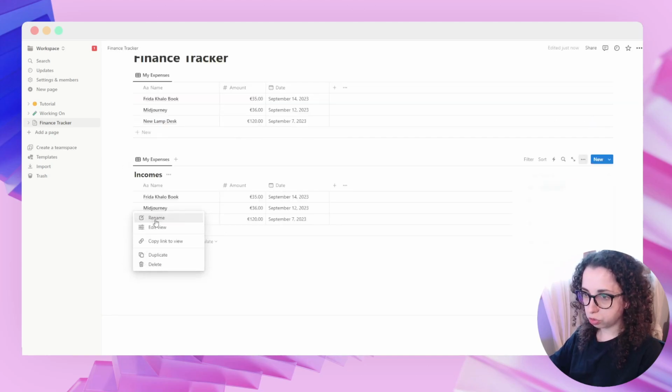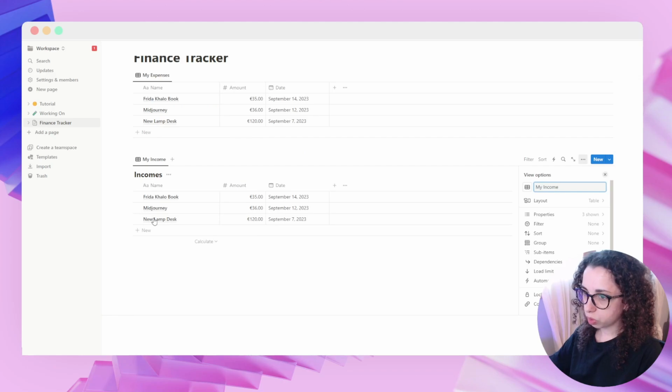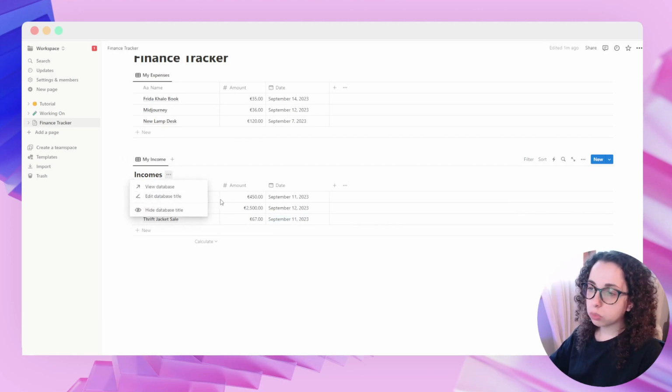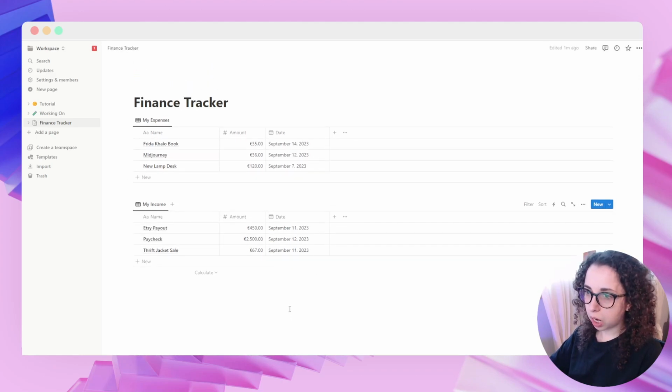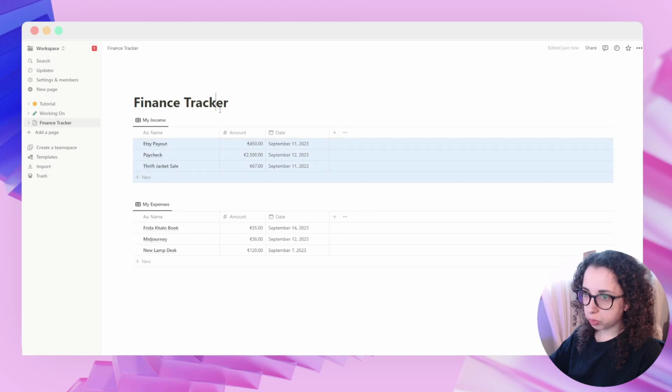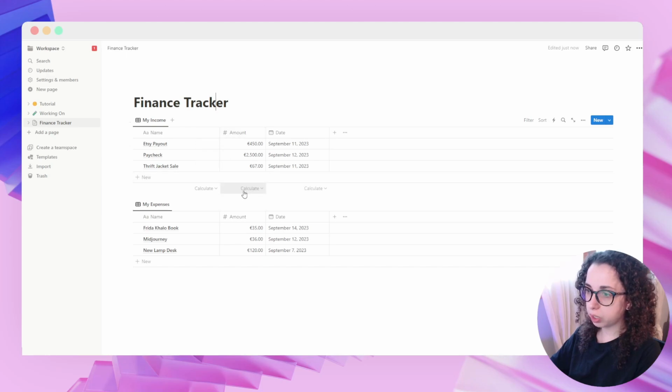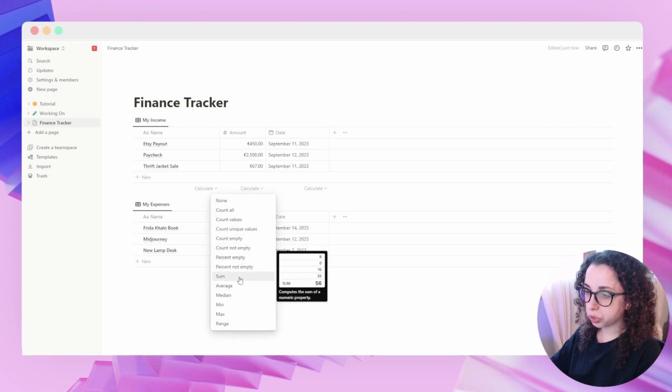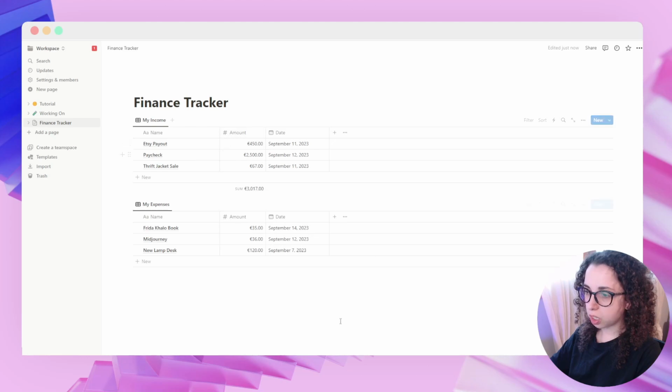Okay, I'm going to change this to my income. Okay, there we go. I created the income. So let's hide the database title because I don't like the database title to be shown. And so we have our expense and our income, actually just drag and drop, so we have our income and then our expense. So one thing that we can do to just see the sum of our income and sum of our expense is to go right here. You see that below the column you can have this calculate. So if we click here and we go to sum, we're going to take the sum,